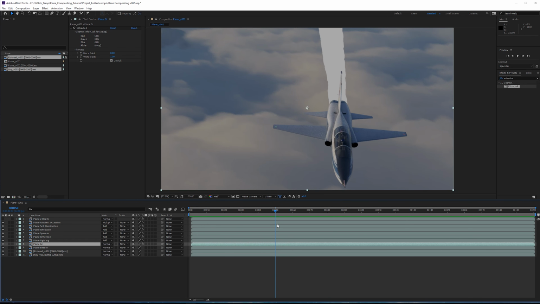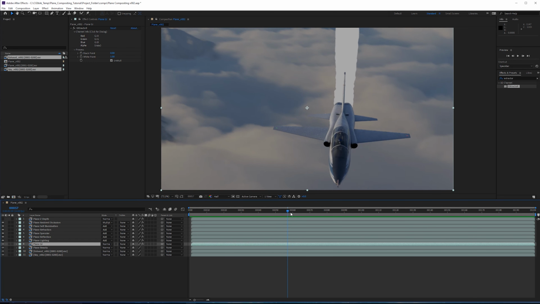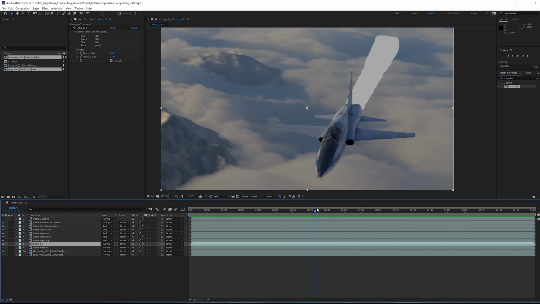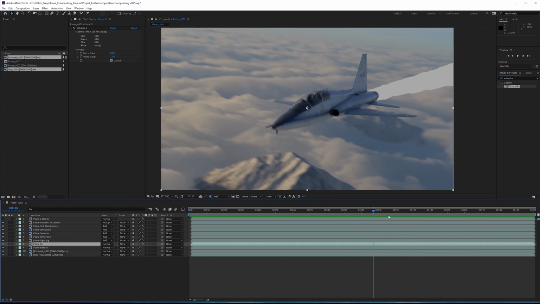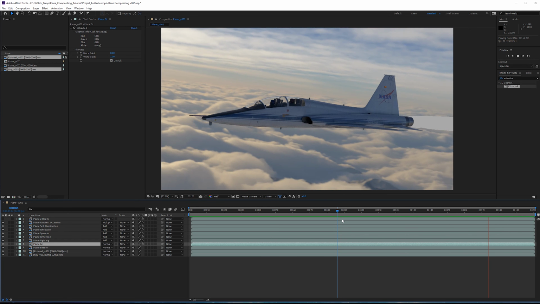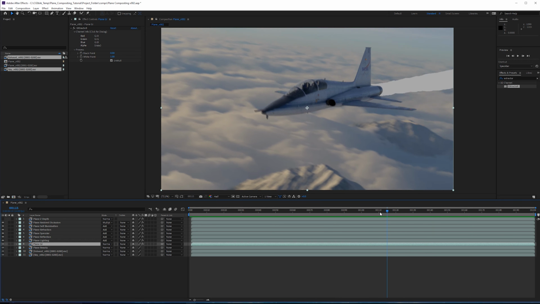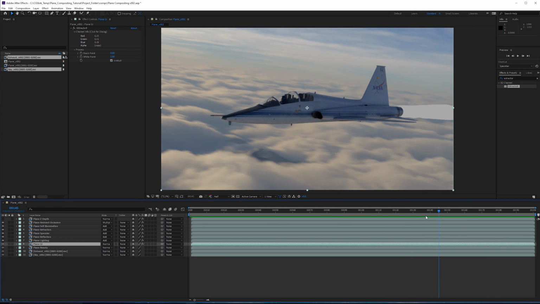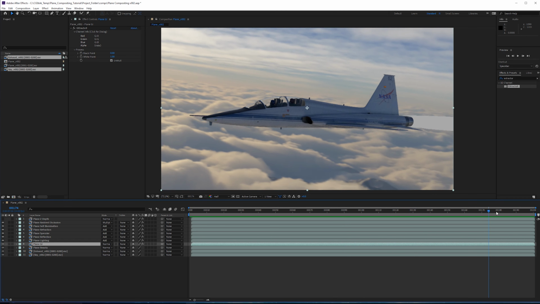As far as the composition goes, the nose of the plane gets very, very close to the edge. It's almost touching, so I want to fix that. I want to pull this out a little bit more. Likewise, the exhaust does not extend far enough back. And then right at the very end here, I'm noticing that the camera kind of just hits a wall. It just seems to stop at around frame 120. It just seems to hit and then just slide. It's not very smooth, so I want to go ahead and fix that as well.